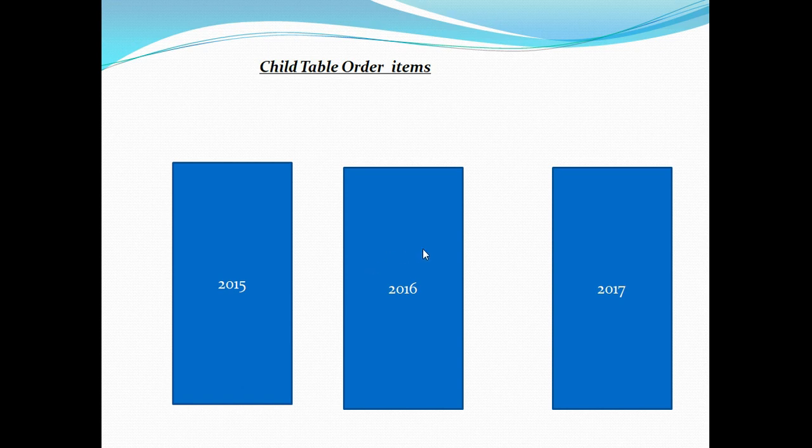All those 300 items will be stored in this particular segment, and the same goes for 2017 as well. If I have placed 100 orders and 1000 items have been purchased as a part of that, all those items will be stored in this particular segment. So though we don't have order date column in our child table, still we are using that particular column to do our partitions implicitly, as the key has been inherited from the parent table.